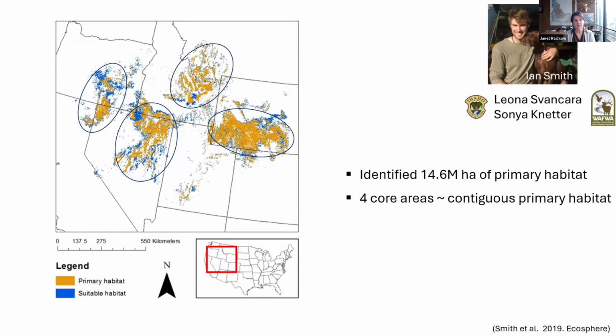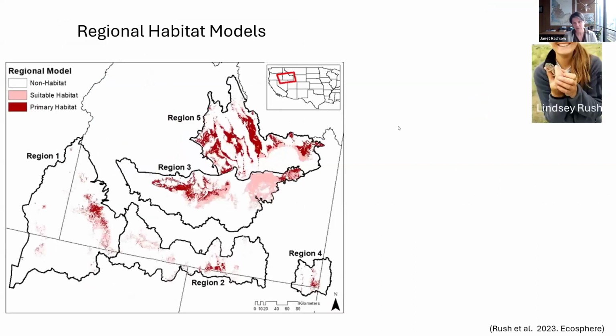Now, developing this type of model is useful at the range extent, but we know that these types of models tend to overpredict occurrence. And within the state of Idaho, there was an interest in using these models to try and site energy infrastructure, roads, fire breaks. And I felt really bad about saying, yeah, we did all this modeling work, but it's really not very useful for what you want. To address that, I had another graduate student, Lindsay Rush, and she developed models, with a similar approach to developing species distribution models, but this time within 5 different regions within Idaho.